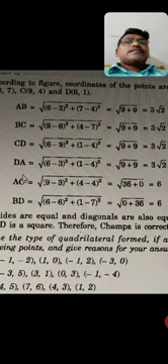Root 18 is not a perfect square root. Taking the LCM, you will get 3 two times. So the 2 times means the square root comes out as 9 into 2. The square root of 9 becomes 3, so it becomes 3 root 2.